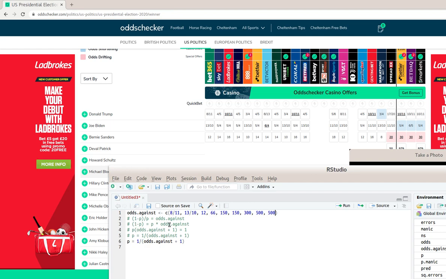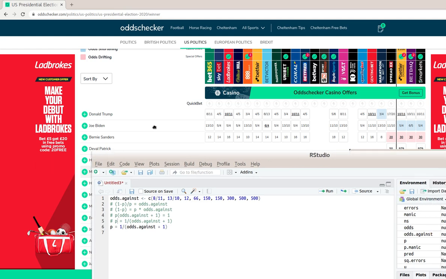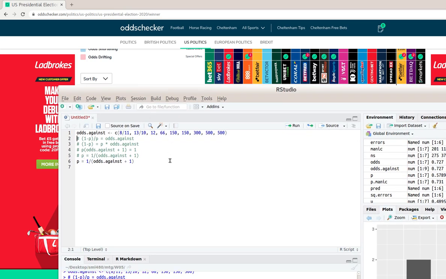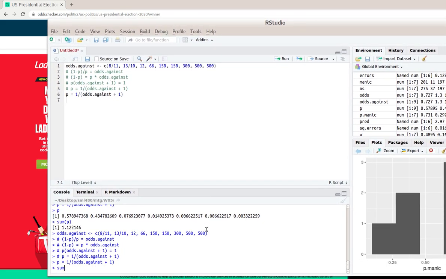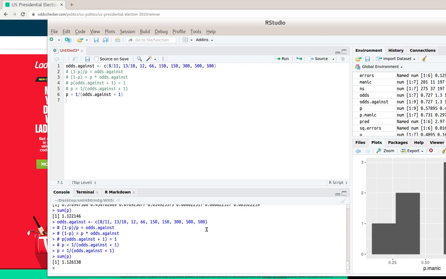Then cross multiply like this. The implied probability, if those were fair odds, would be this. We can just compute that. This is odds against. So those are the implied probabilities, and we can in fact see that if you sum them up, it doesn't sum up to 1, it sums up to more than 1. That's because the odds against are a little bit deflated. They should be a little bit larger. If the odds against are a little bit larger, the probabilities are going to be a little bit smaller, and then they could add up to 1.